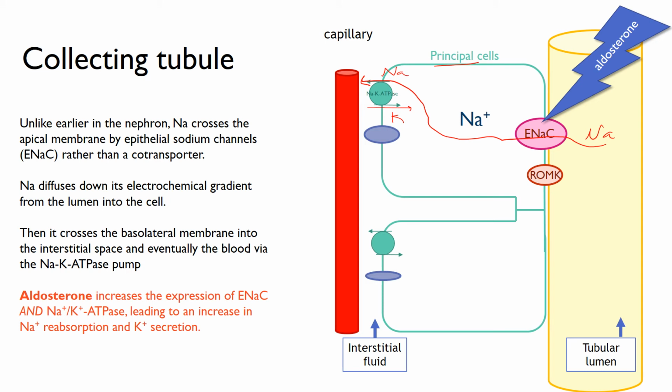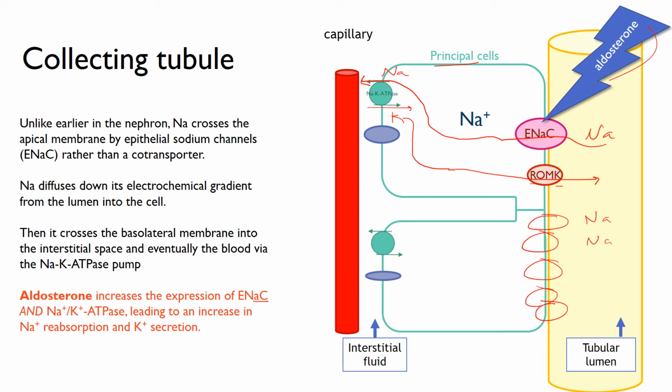potassium every time a sodium leaves. This potassium has a fate, and that is to leave the cell again using those ROMK channels. We talked about that earlier, those renal outer medullary potassium channels. And the action of aldosterone, which is the purpose of this little lightning bolt, is it's going to zap the ENaC channel. So it increases the expression of those ENaC channels, meaning it literally is going to increase the transcription and translation of more ENaC channels and just plug them in to this side of the membrane, meaning that